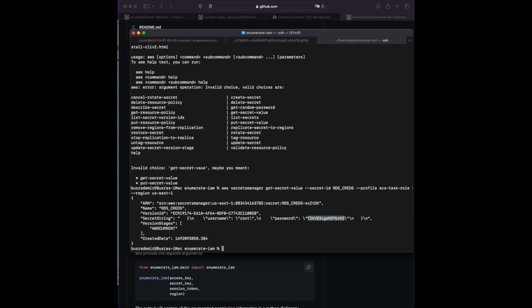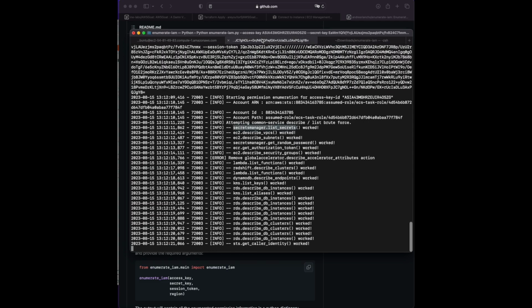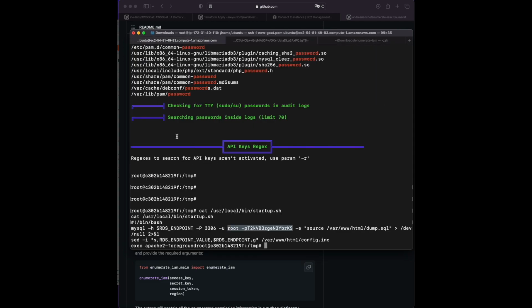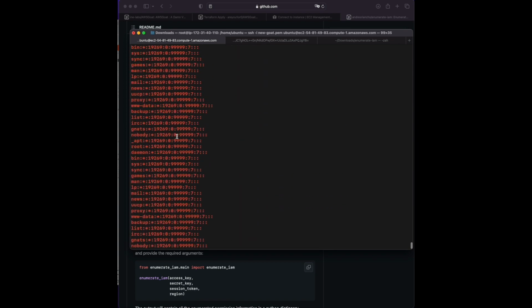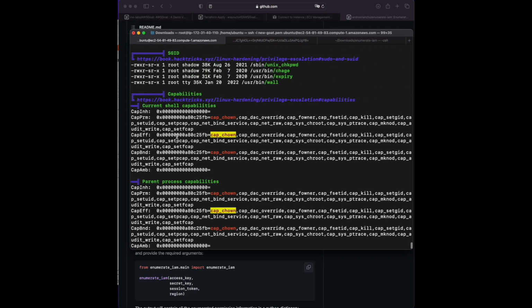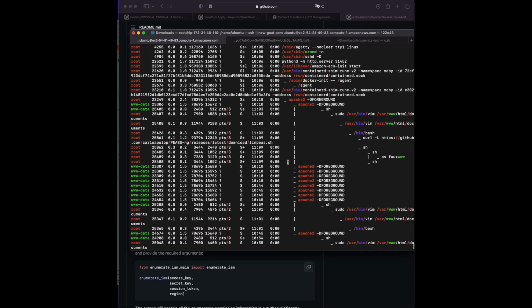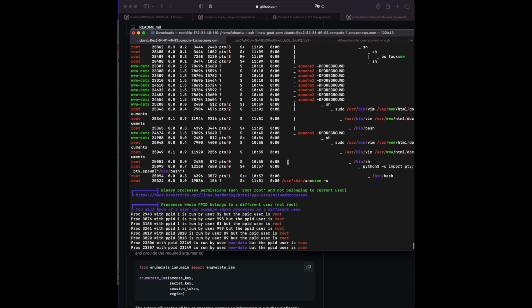So let's go through the output to see what kind of information we can use for further exploitation. As you can see, in the current shell capabilities, we have the CAP_SYS_PTRACE capability. In this way, we can see the host processes. If you scroll down a bit, you can also see all this information. And when we look at the processes, there is a Python process, a Python HTTP server listening on a certain port,